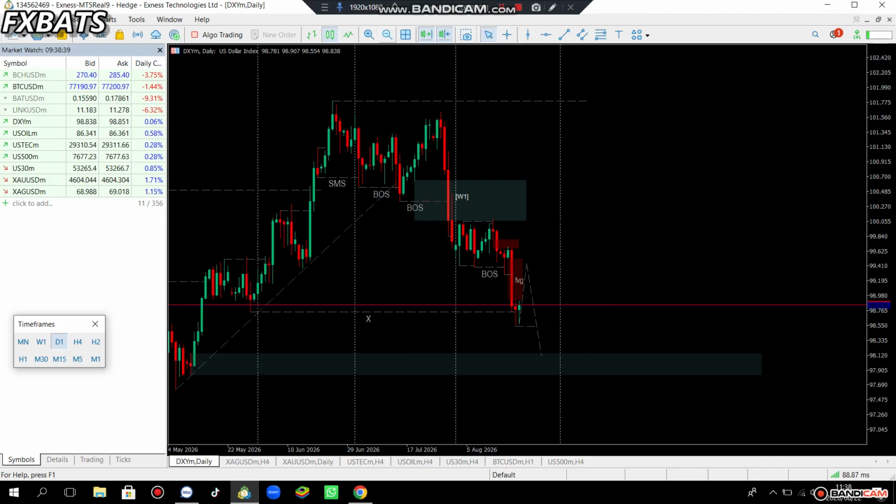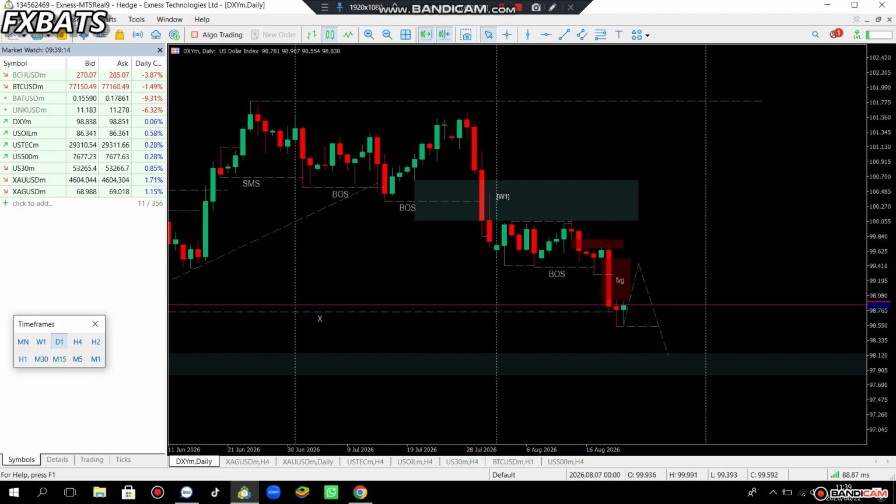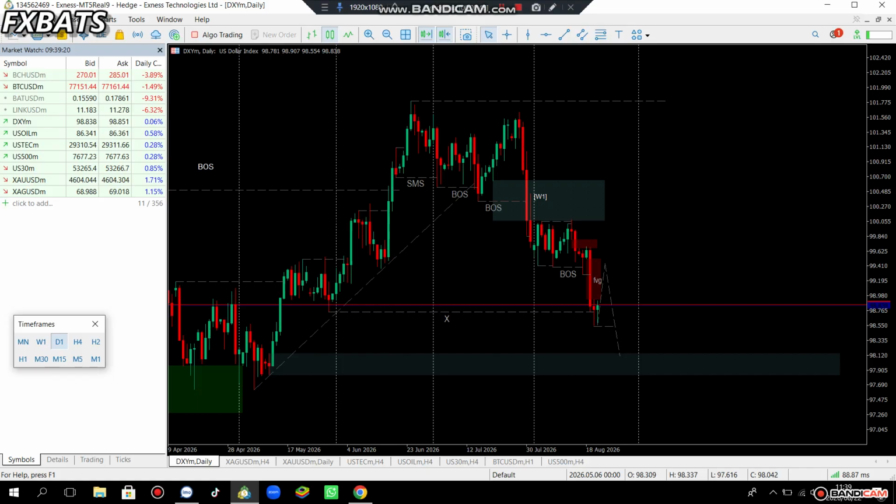So my final drawn liquidity, according to what I have here, should be this bearish fair value gap, of which if you are to trade Monday, Tuesday, you only have to wait for confirmations on 1 hour, wait for a market maker buy model to play in, then you take some counter trade longs towards this fair value gap. But it's such a dangerous thing to do. For me, I always wait for price to come to my context area, and I always wait and trade in line with the main trend. So this is what I'm expecting for the dollar, and this is my overall target.